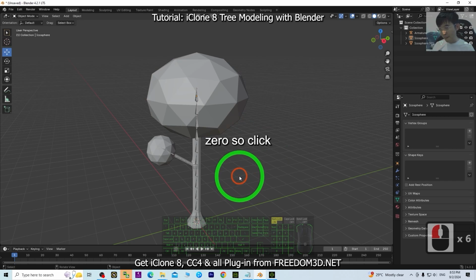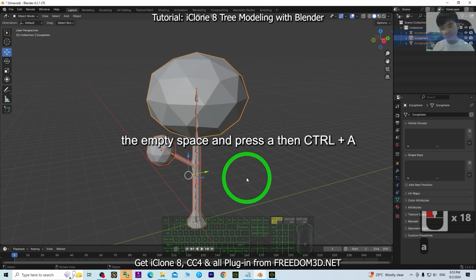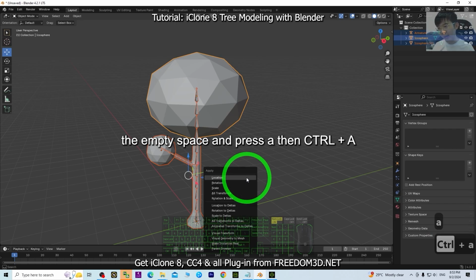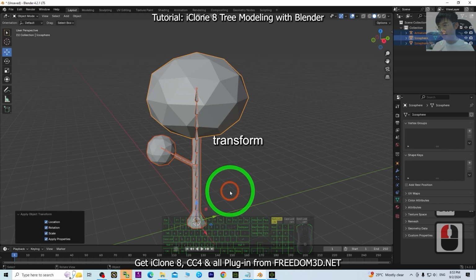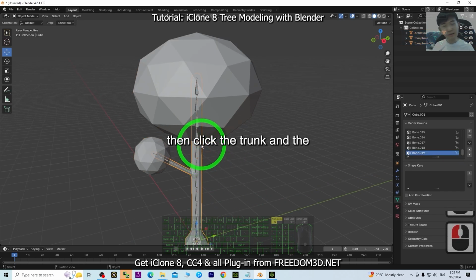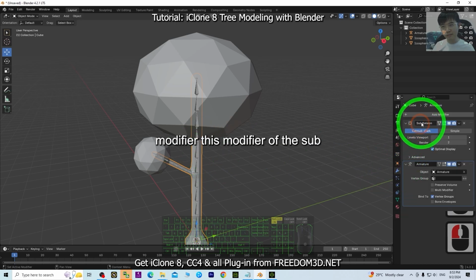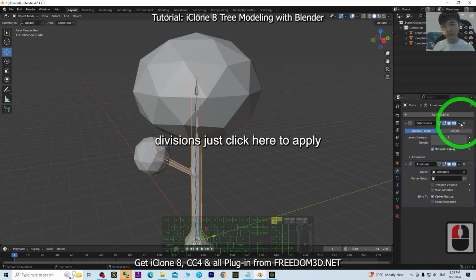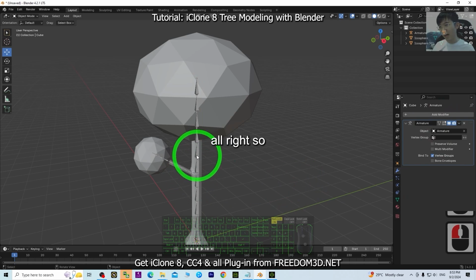So click the empty space and press A. Then Control A, set all transform. Then click the trunk and the branch. Back to the modifier. This modifier of the subdivisions, just click here to apply. Alright, so now